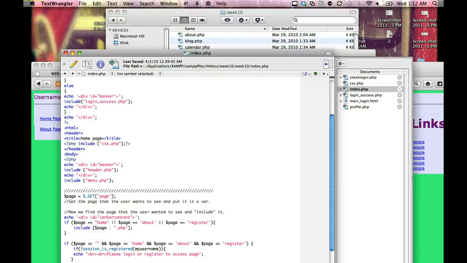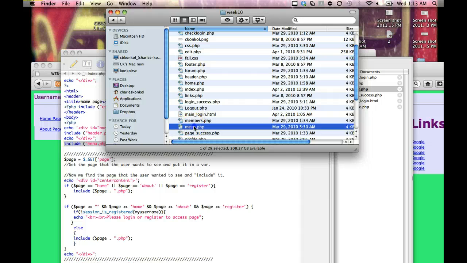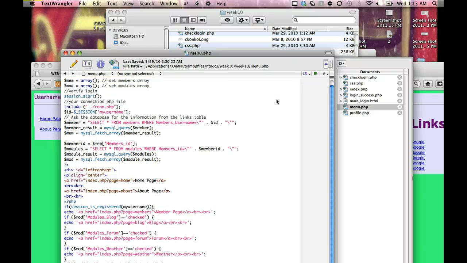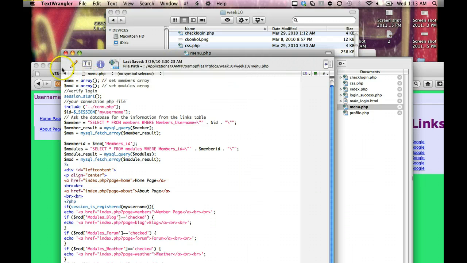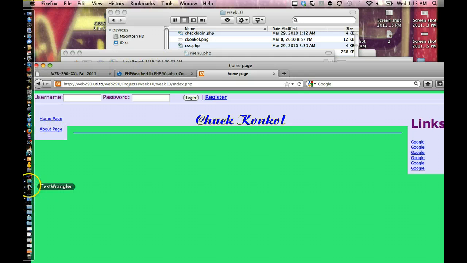Then right after that, you've got the inclusion of the menu.php. Inside the menu.php file is going to be just that, the menu for the page. Now the menu for the page, as far as location, it's going to be over here on the left side. And if we look at the code for the layout for that,